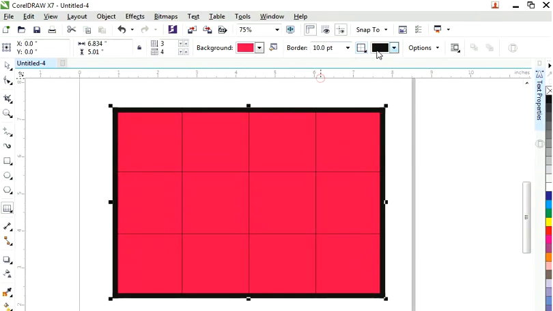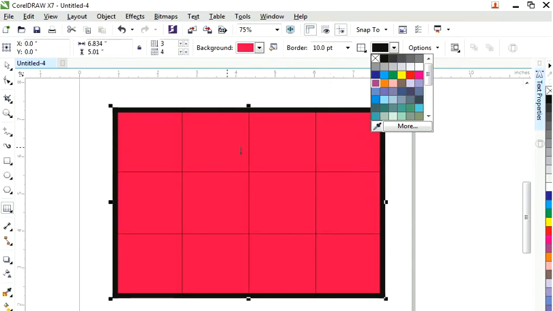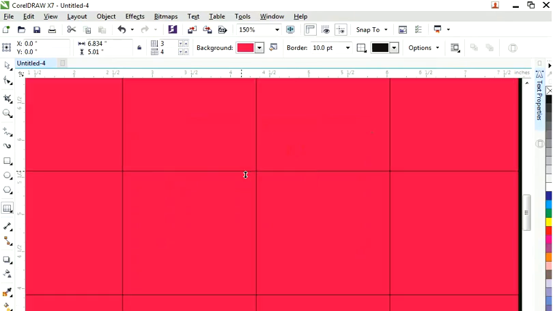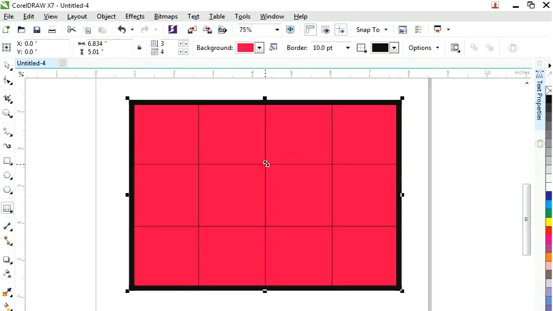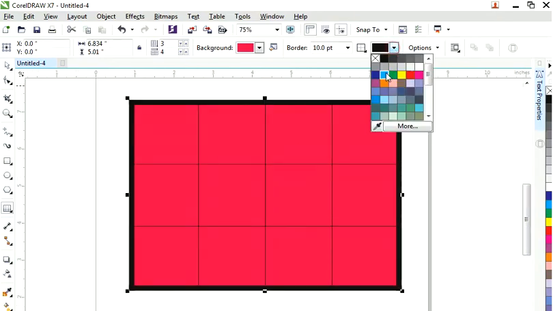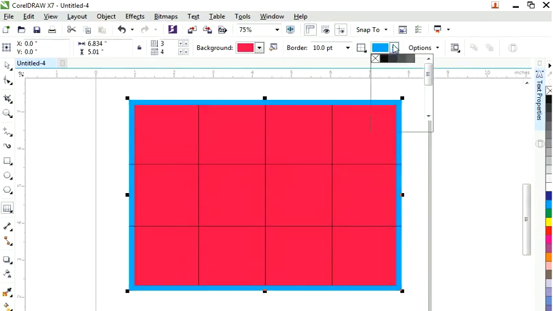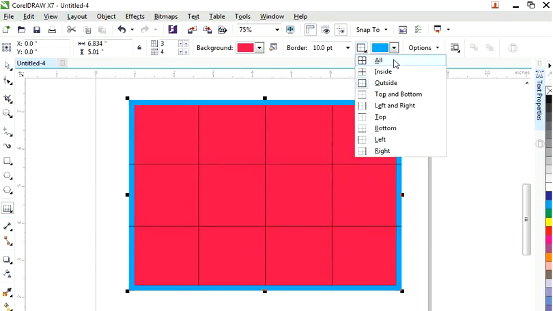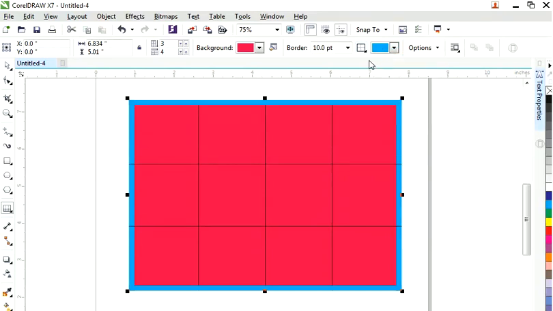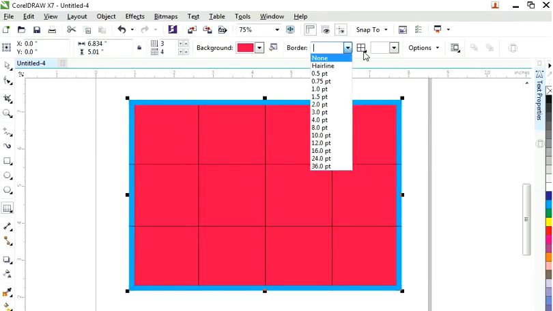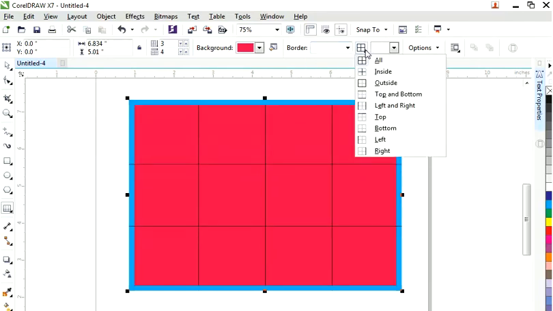Then we have the color. Before, we learned about the color in the background. Now I don't want the background color, I want to change the color of this outline. Simply select this, and I will click on any of the colors. For example, I want to change this color to this color. It's asking where you want to change the color: all of your table, or just outside, inside, bottom, left.